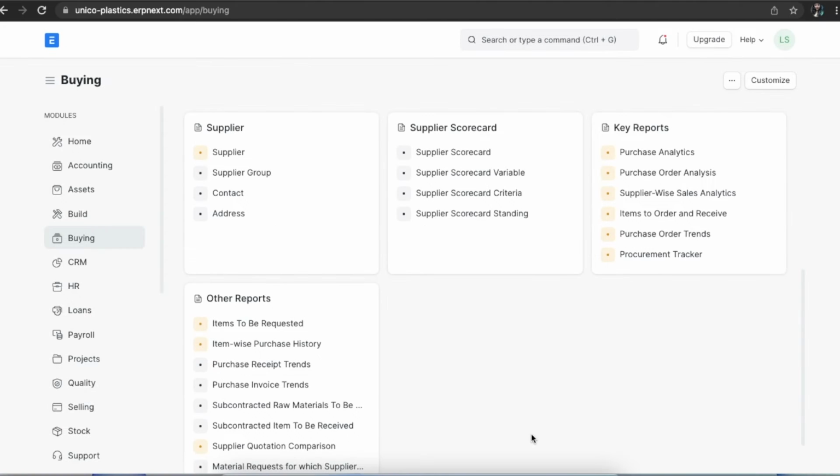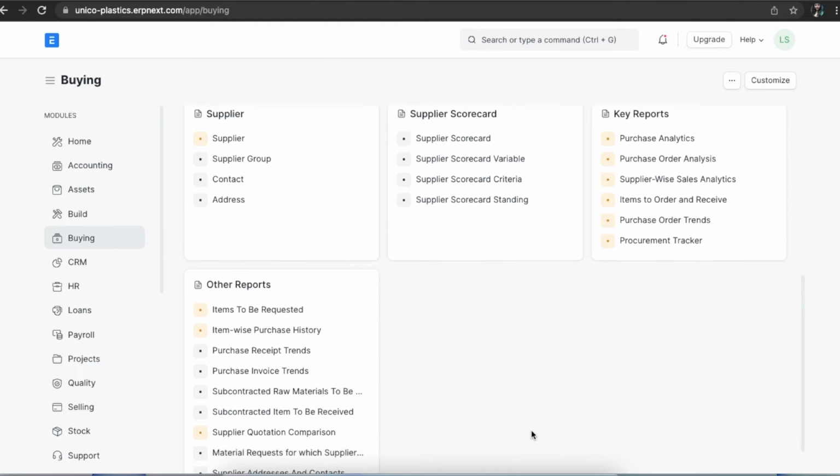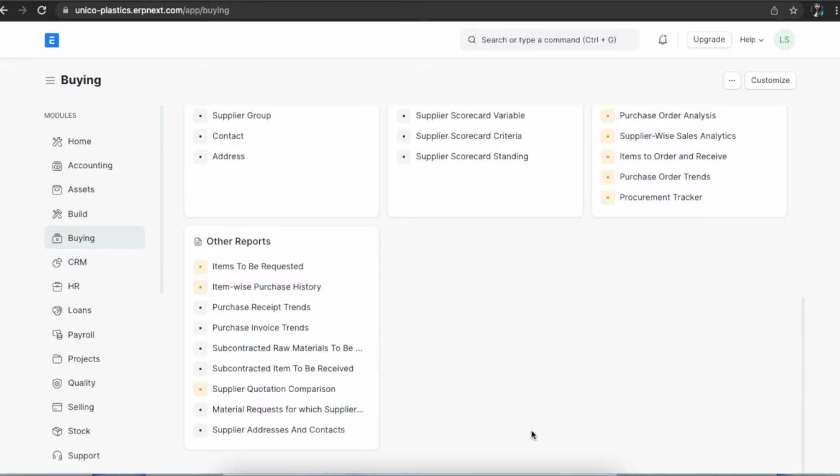The following report we will explore is the Supplier Quotation Comparison Report. Comparing different quotations from different suppliers can prove extremely important before deciding which supplier to source items from. To view this report, we can go to the Other Reports section in the Buying module and go to Supplier